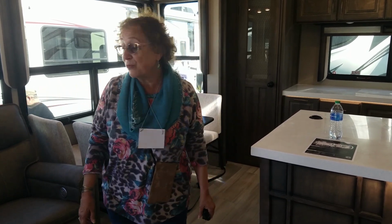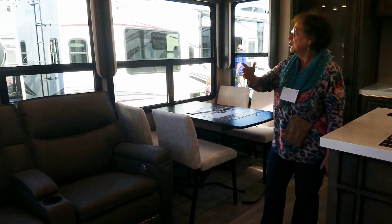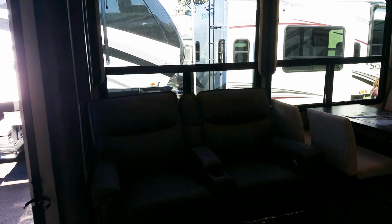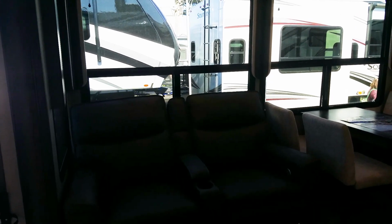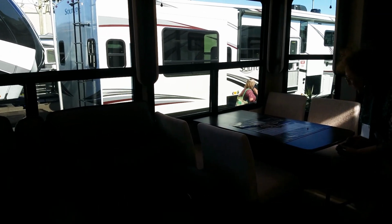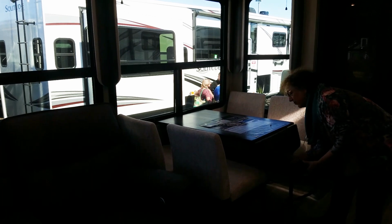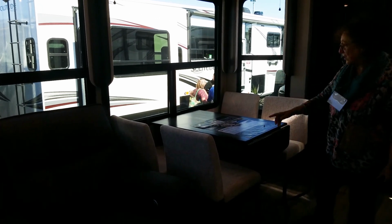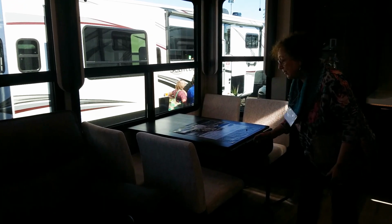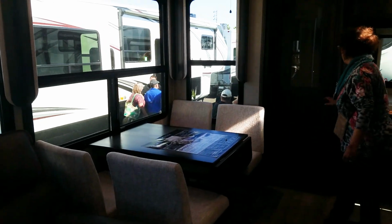This is really beautiful. When you first come in, you've got your theater seating. And look at these windows. They're amazing. We've got the table here, and this is a little drop leaf, so that when you want 4 people sitting, you've got the extra. If it's just the 2 of you, it's out of the way. As we come back around, we have